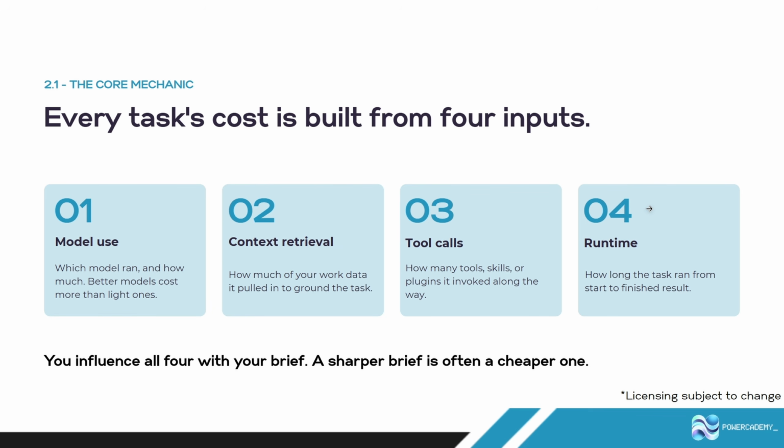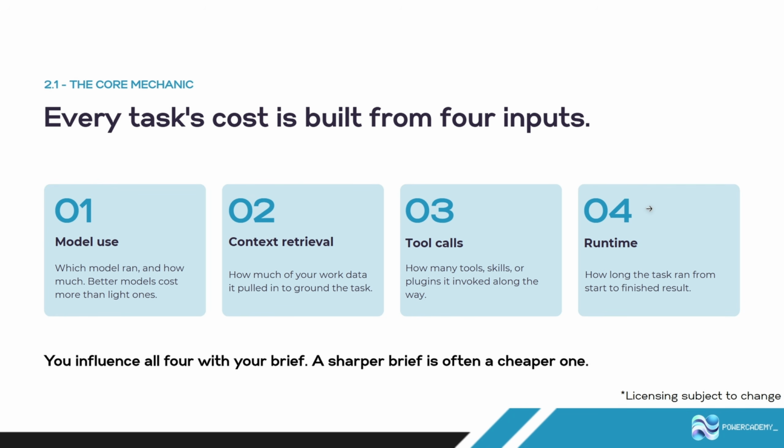Now, you can influence all 4 of these with your brief, the model use being a little bit more particular, so you can use a lighter model if you want. But in my opinion, if you put a sharper brief together, it's usually the cheaper option, and you will get the cheapest outcome. So if you have a brief which is not too specific, but specific enough where Cowork doesn't